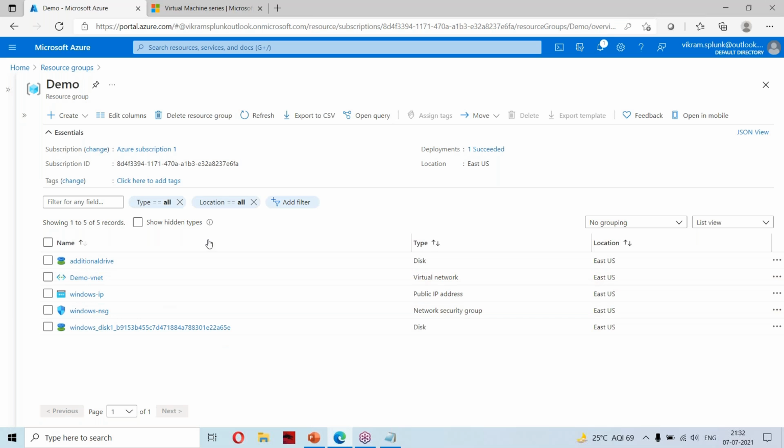Basically, today we have covered two things. Once you onboard your application, you can add additional disks or you can change the size. You are capable of doing that. Okay.